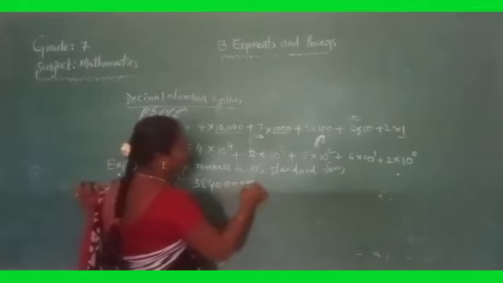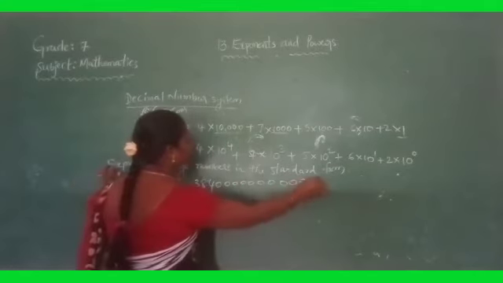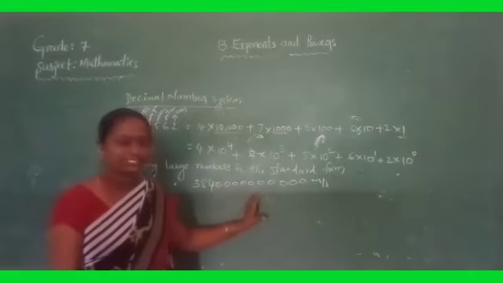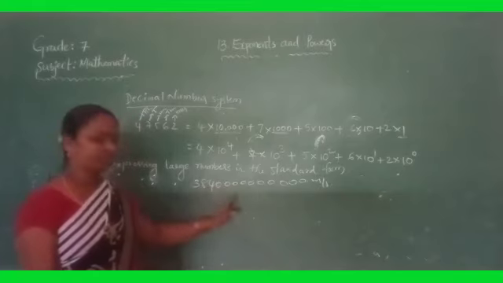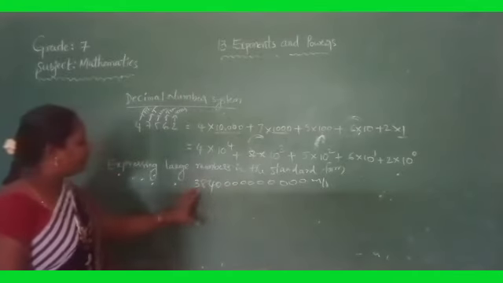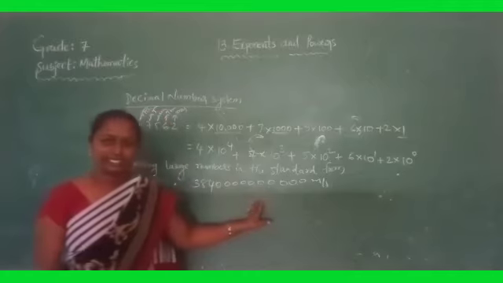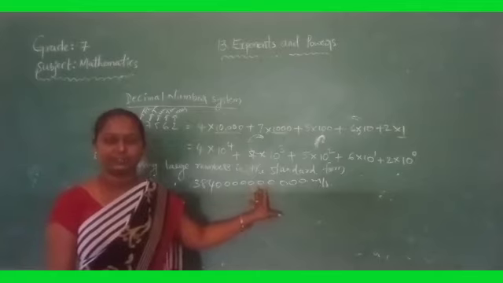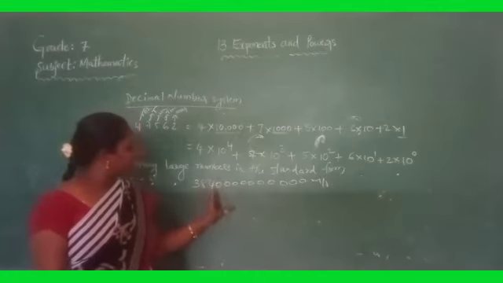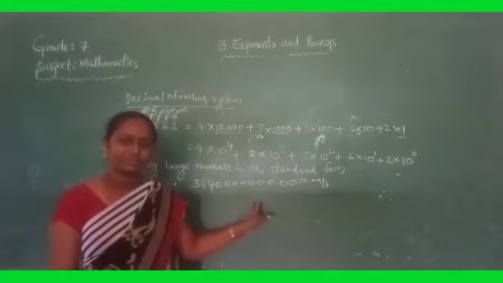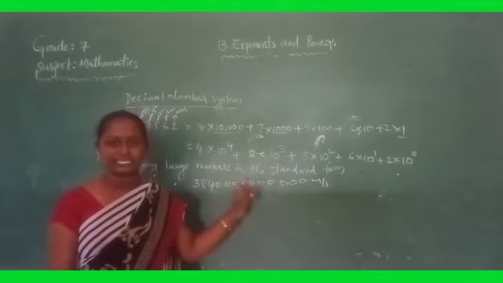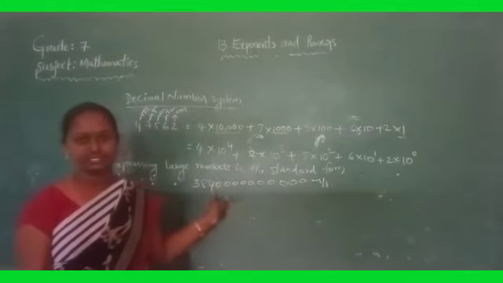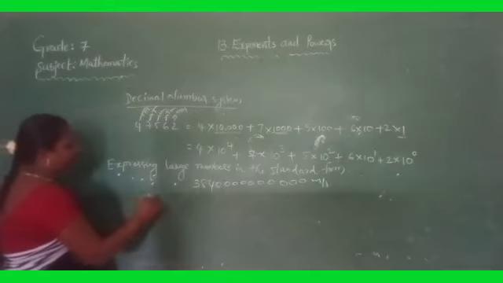Now I am writing here one number. Can you tell me what this is? Is it possible to read? No, it is not possible to read and write conveniently for large numbers. So for large numbers, what did we use in the last class? Yes, exactly, exponents. To make it convenient, we use powers.